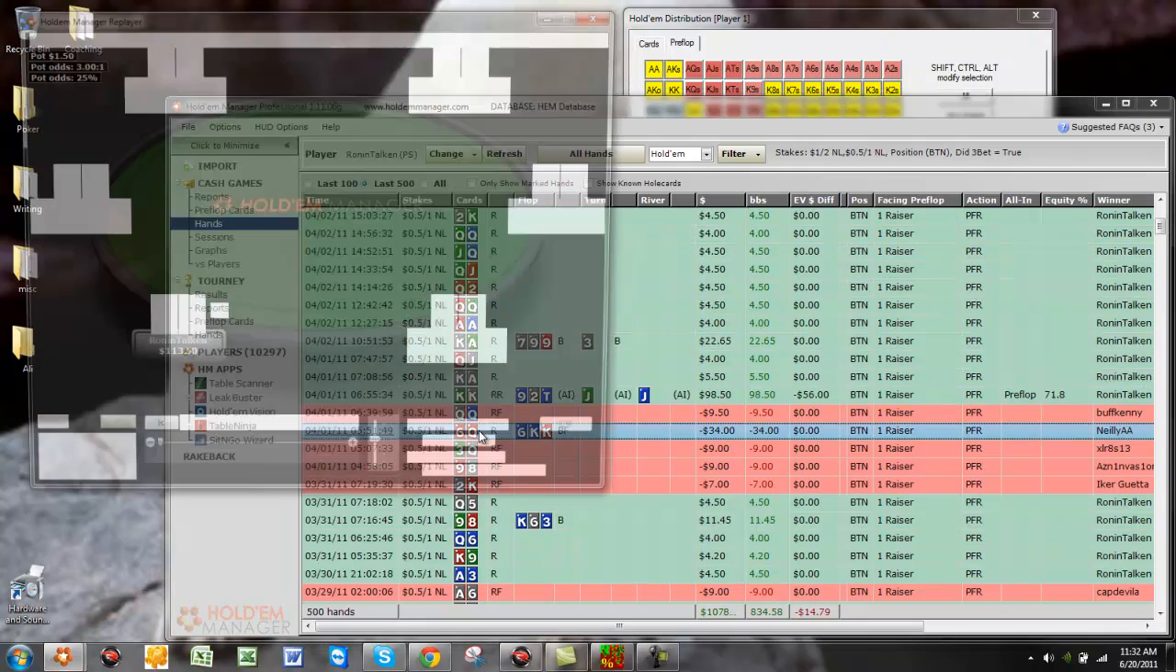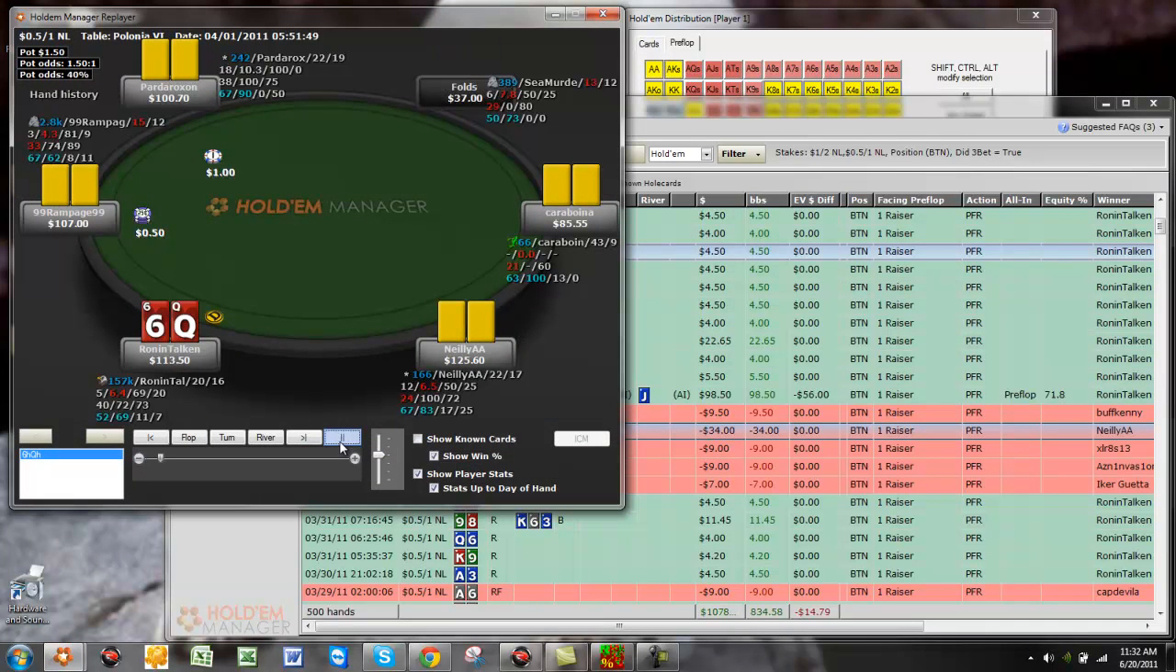Another queen-x suited hand. And this is just a guide on how you should be. Here's a great spot. This is a guide